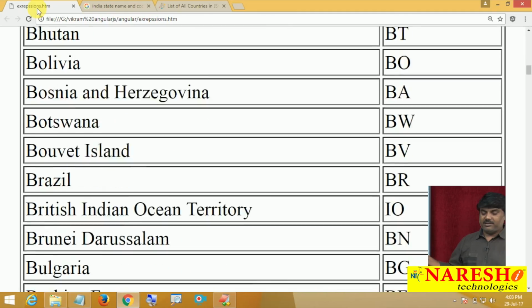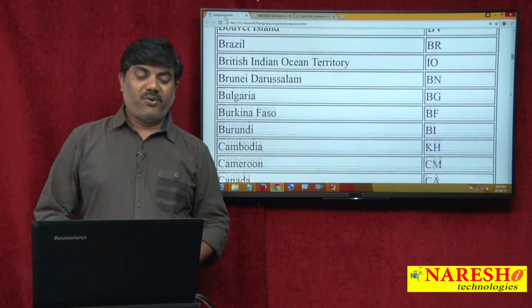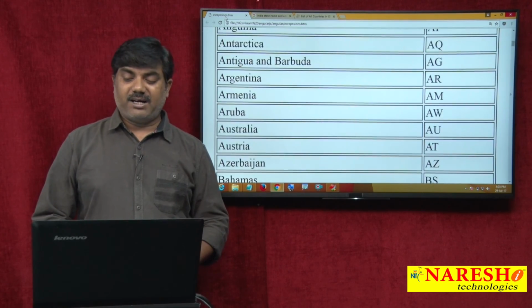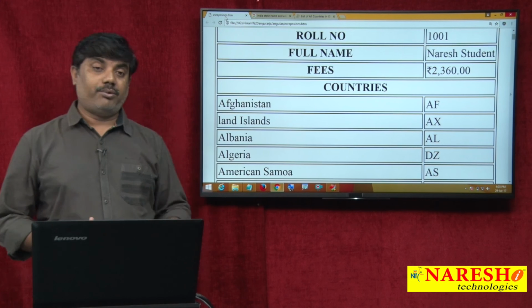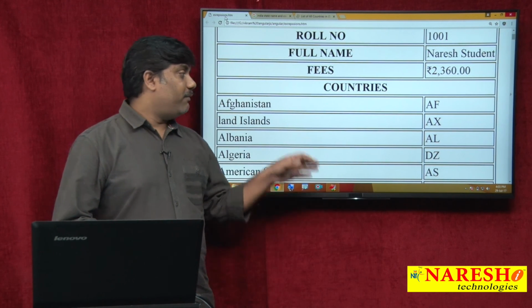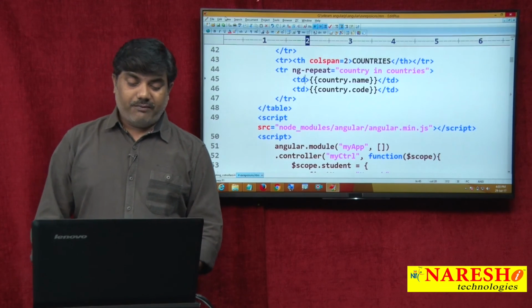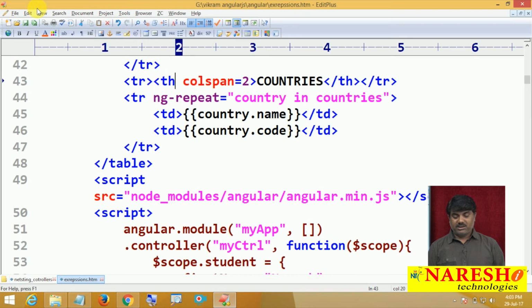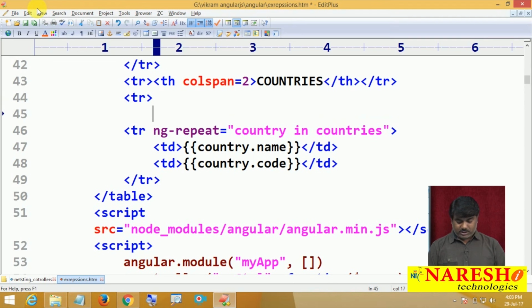It is a very lengthy list. But the point is, if I want to identify a specific country out of that, it is a little difficult for me. So I could provide a filter option to identify a specific country from this particular array list. So how can we do that? Just come back here in between of our